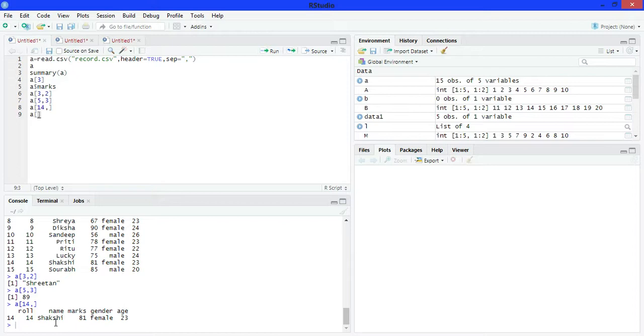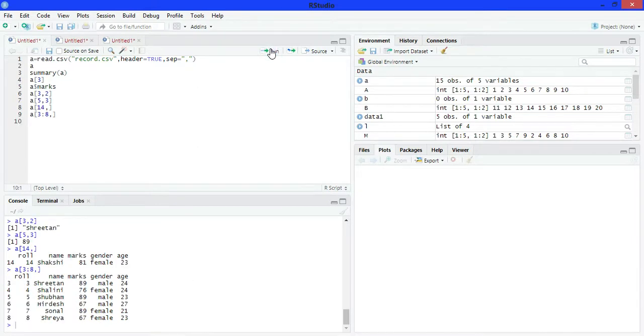Now if we want to access more than one row, then write A. Suppose we want to access row number 3 to 8. Write here 3 colon 8 comma and run it. See, the output has row number 3 to row number 8.